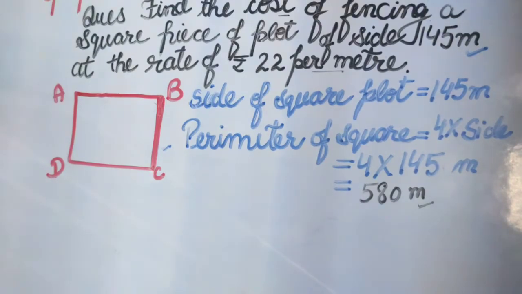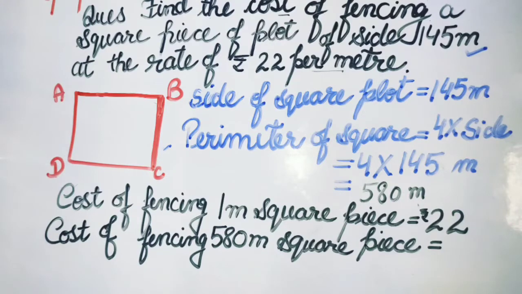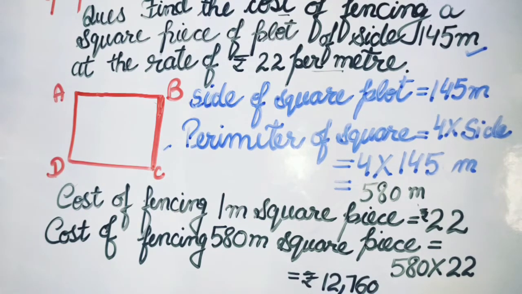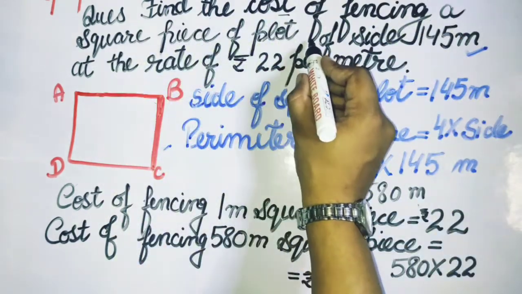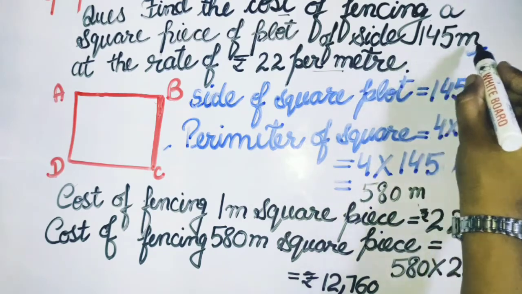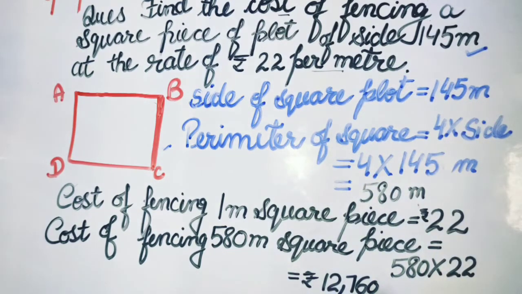Students, when we are moving from 1 to the higher value, it means we have to multiply. So let's do the multiplication. 580 multiply 22. After doing multiplication, the answer will be rupees 12,760. It means the cost of fencing a square piece of plot of side 145 meter is rupees